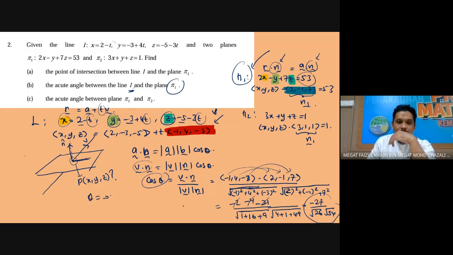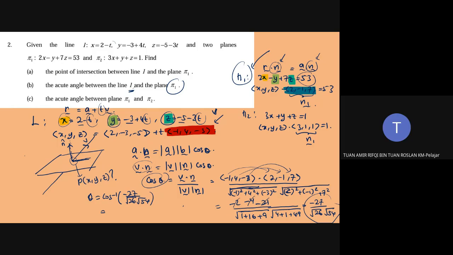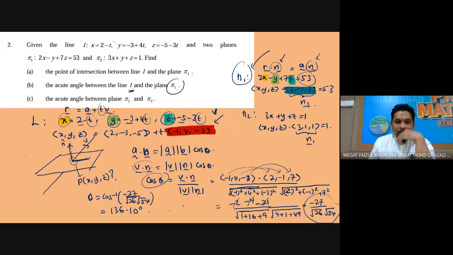So theta equals arc cos of -27 divided by square root of 26 times square root of 54 equals, okay, press the calculator and tell me. 136.10. Okay, now class,